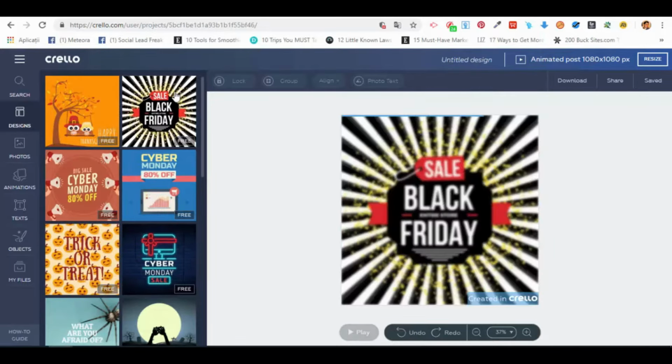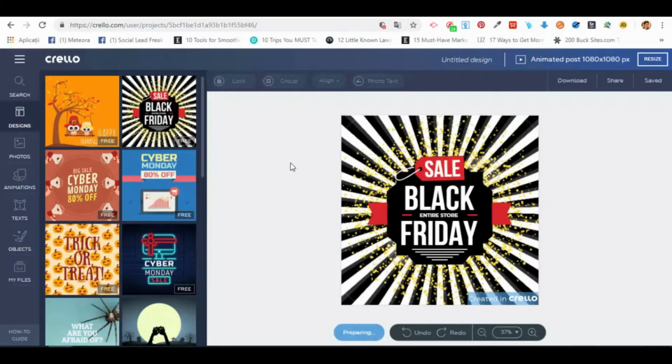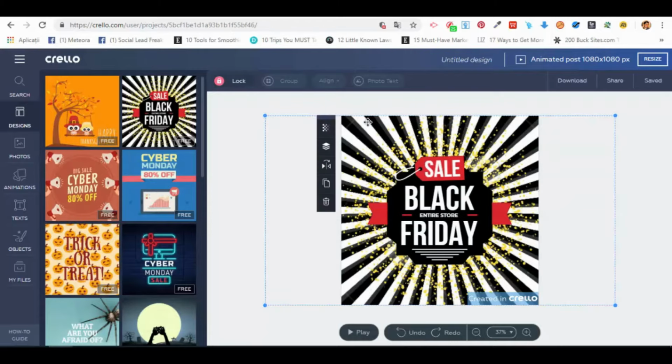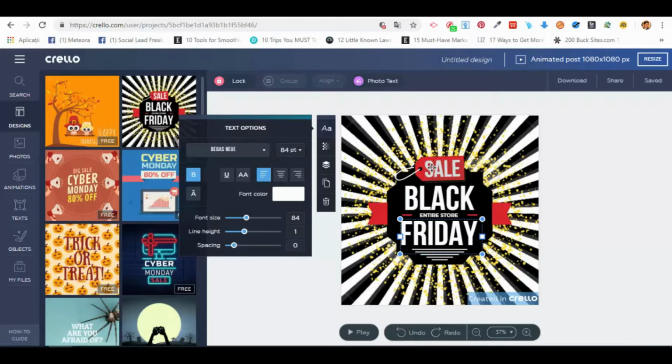or let's try this one, Black Friday sale, Black Friday. Okay, the entire store, it's preparing the animation for us. You will have this small watermark here, but I don't think that's something that will bother you. And what we can do right now is edit the elements, right? For example, we can edit the background, we can edit the text if we want to. Okay, we can add different things to the text. As you know,